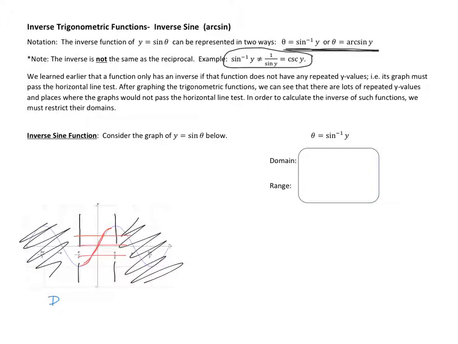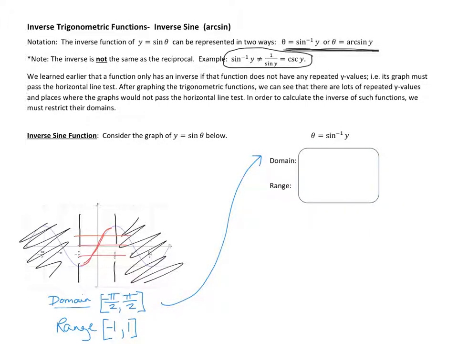So for this sine, we've restricted the domain to negative pi over 2 to positive pi over 2. That's the domain. And my range goes from negative 1 to 1. This is for my restricted domain of sine. Now if we look at our inverse function, you basically switch your domain and your range. So for the inverse sine, the domain would be negative 1 to 1, and the range would go from negative pi over 2 to positive pi over 2,